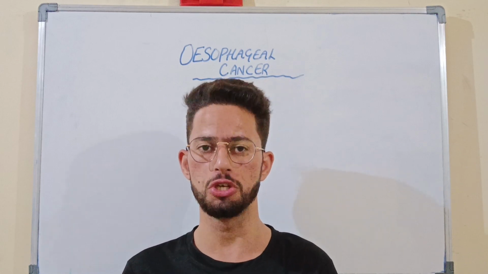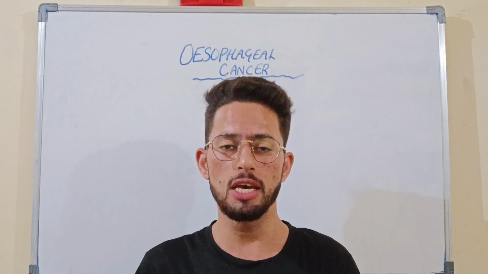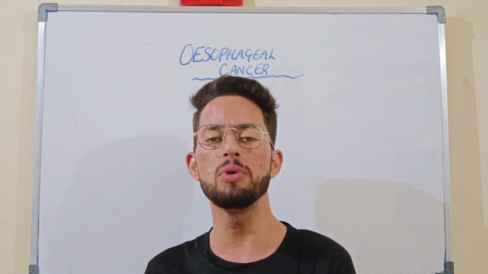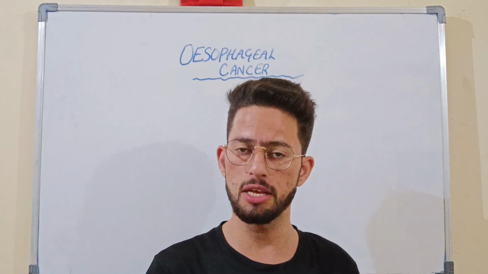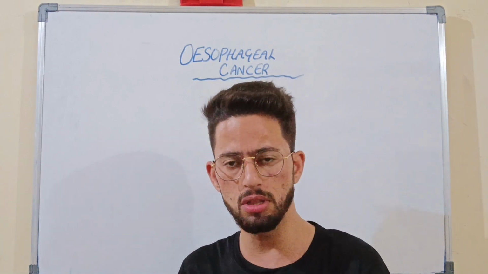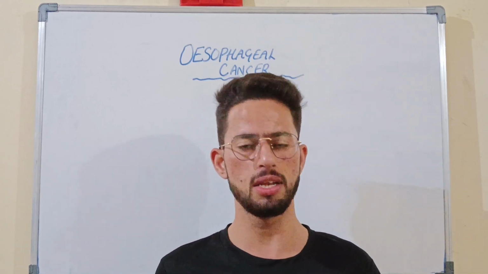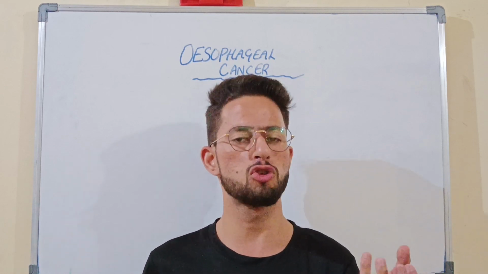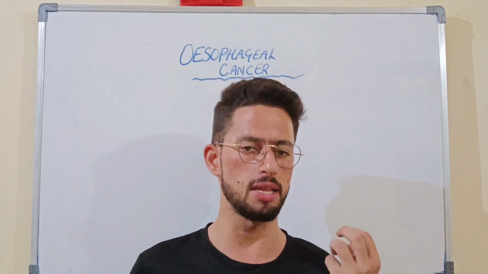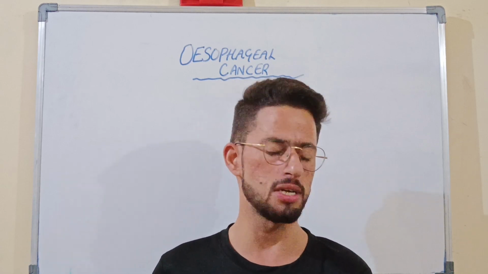Now next is about the etiology and risk factors, that is, causes and risk factors of esophageal cancer. The first one is gastroesophageal reflux disease. What happens in gastroesophageal reflux disease? There is a problem with the lower esophageal sphincter. Understanding? The lower esophageal sphincter is unable to close and always remains relaxed. In the relaxed phase, the stomach contents are pushed up into the esophagus, and the acid may also reach the lower esophagus and destroy the tissues and cells of the esophagus.